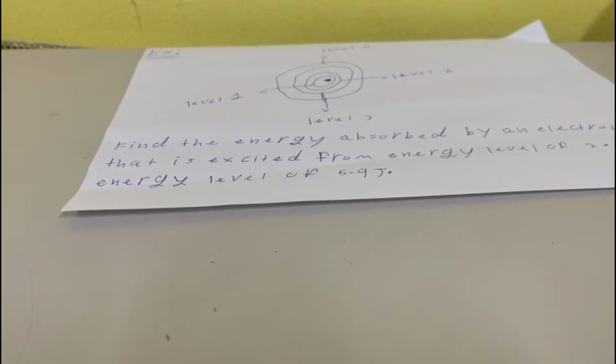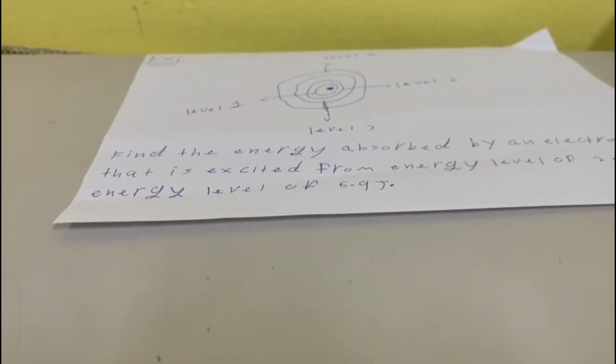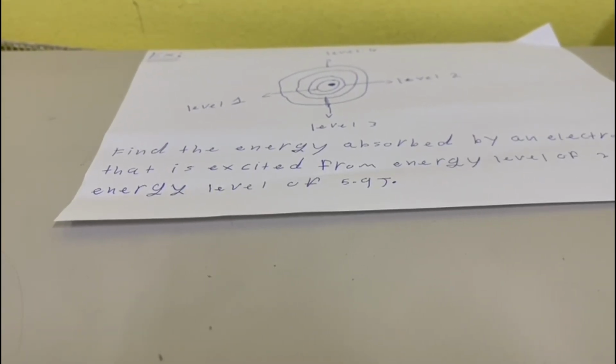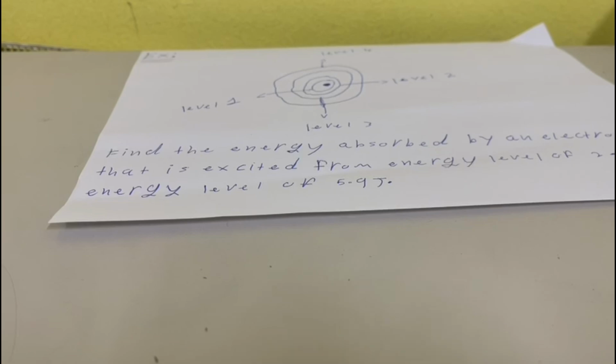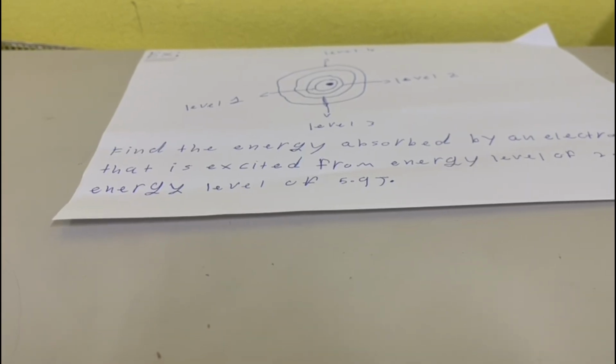So the question: find the energy absorbed by an electron that is excited from an energy level of 2.5 joules to an energy level of 5.9 joules. So if we are finding energies, we apply the formula